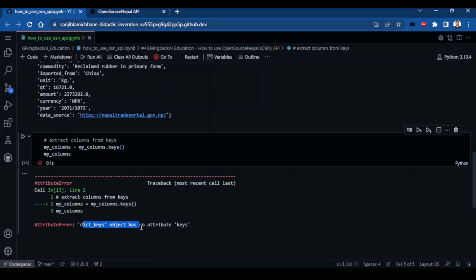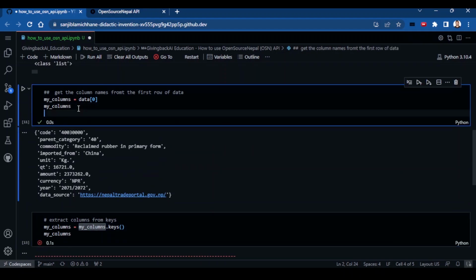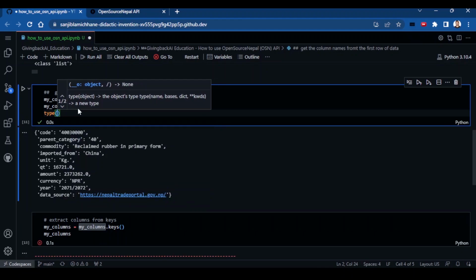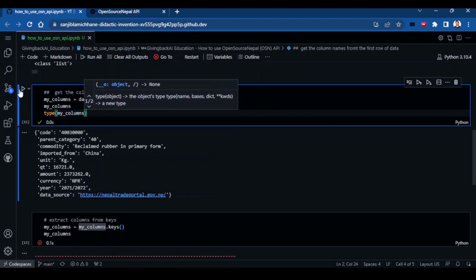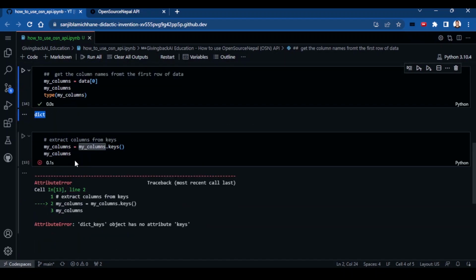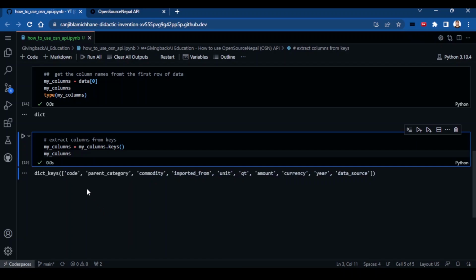Well, dictionary keys object has no attribute keys. Why is that? That is because my column was, let's check the type of my column. Well, it's a dictionary. Then why doesn't the dictionary have it? Okay, there we go. So we have the dictionary keys, my columns, it gives us the keys, right?